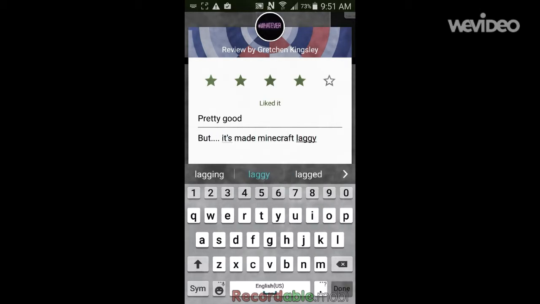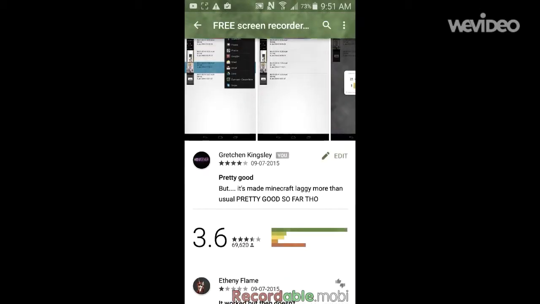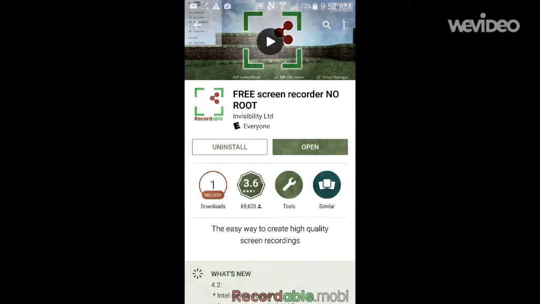So most people are like, it doesn't work, and then most other people say, yes, it works great. I think it works great so far, but the only thing was mine kept bugging, and well, not bugging, but